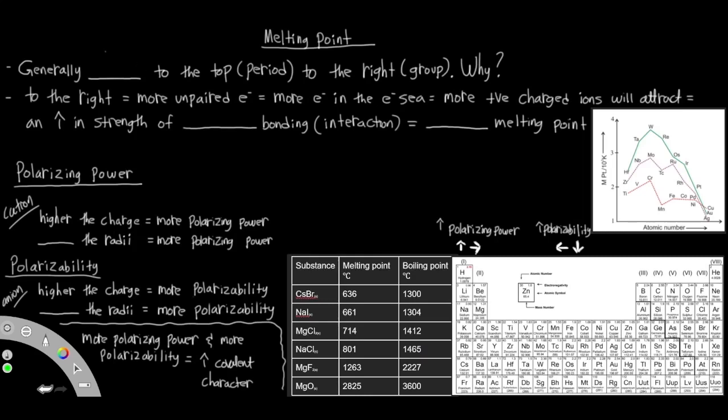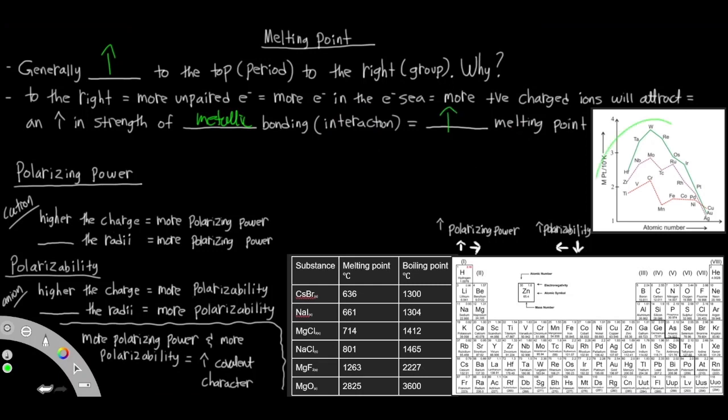Melting point generally increases going up the group and to the right across the period. Why? Because when it goes to the right, there are more unpaired electrons, and if there are more unpaired electrons that go into the electron sea, more positively charged ions will be attracted to it, and this will increase the strength of metallic bonding. Because there's more electrostatic interaction between the two, this is going to increase the melting